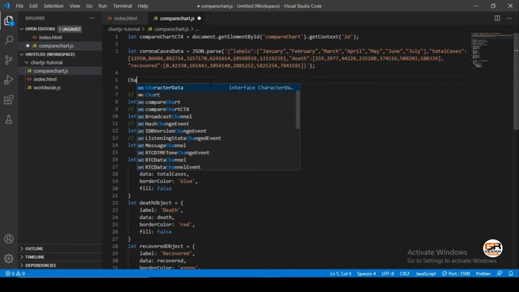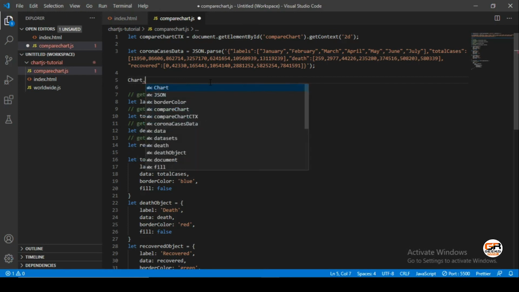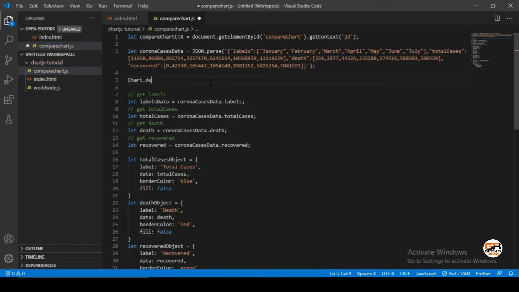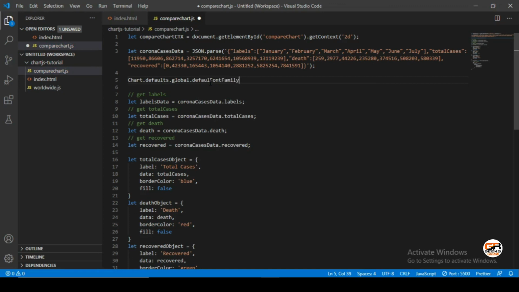Just for that, we create Chart dot defaults dot global dot default font family, and let's make it Arial.